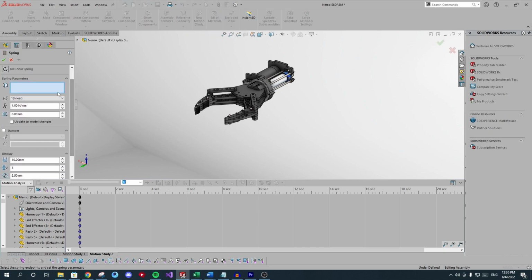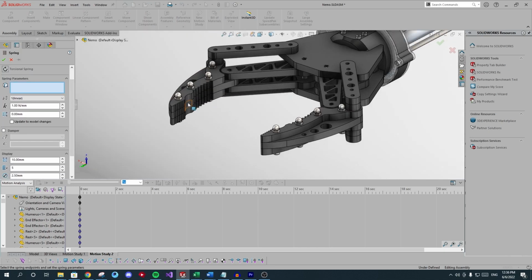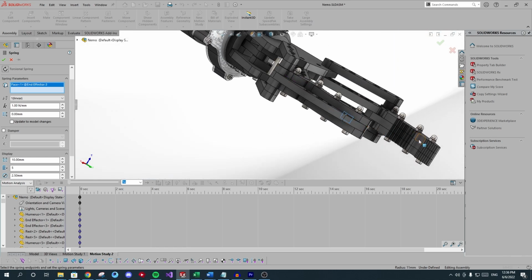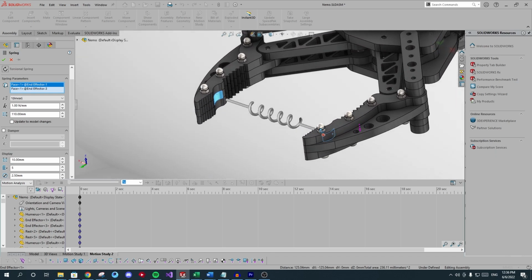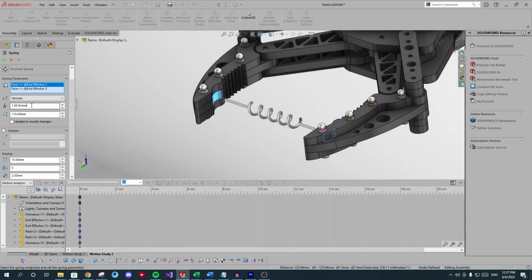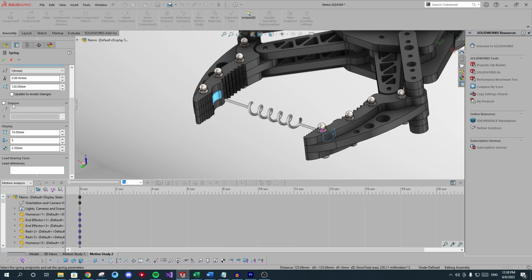From the parameters, select the gripping faces that you want to calculate from. Once you do, you should see a visualization of the spring between the two faces you just selected. Now head to the spring K factor and set it to 0, and right below it set the spring length to your maximum opening. Scroll down to the damping configurations and check the box and make sure it's set to